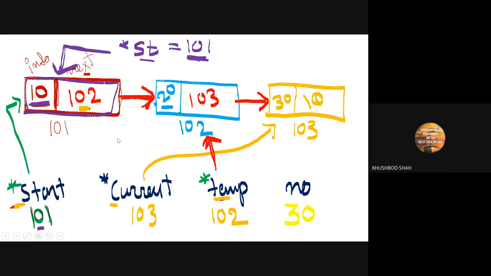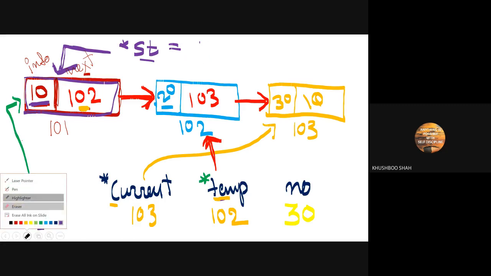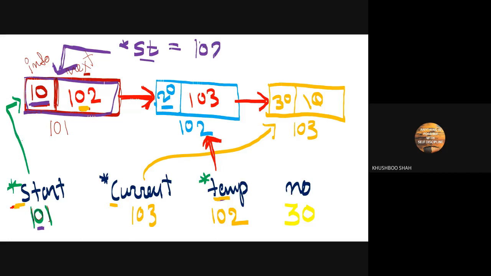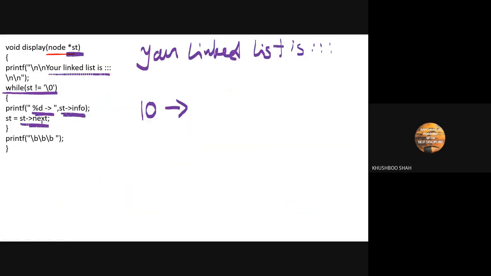It means that my st will have the value 102, and the moment we assign the 102 over here, this link will be deleted and the new link will be created. This st will point to this 102.